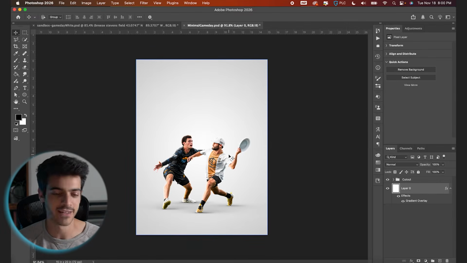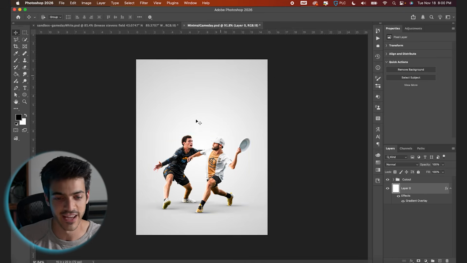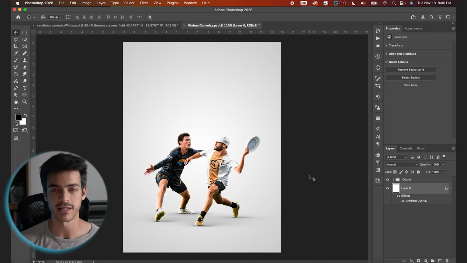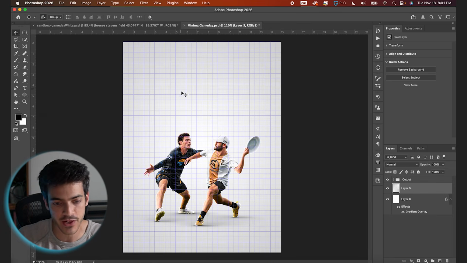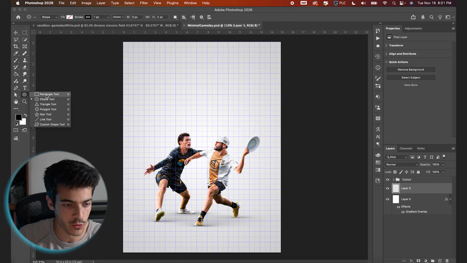Just kind of gives a very, very gradual vignetting to the whole thing and keeps a spotlight on the center. Kind of mimics a studio lighting setup. Now I'm also gonna add in this middle stripe for our background. So let's make a new layer. I'm gonna bring up my grids by holding Command and hitting apostrophe, and going to your shape tool, we'll do